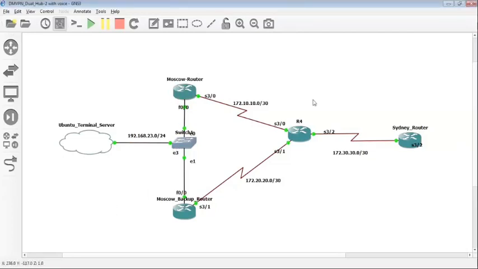Let's speak a little bit about the network topology. Here is a dual hub and spoke DMVPN topology, and the routers are also running EIGRP over DMVPN. The Moscow router is selected as the hub router and Sydney as the spoke side. The spoke side gets two default routes from the hub side, and the Moscow router is selected as